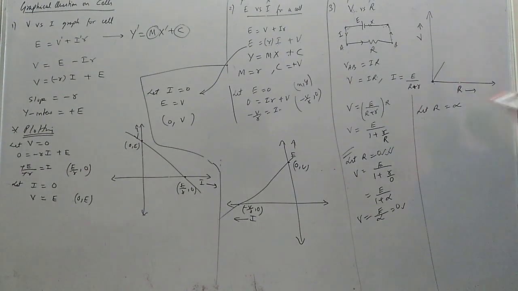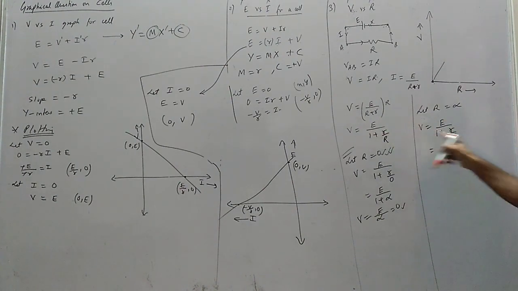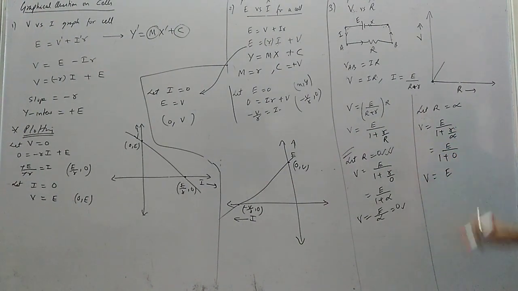So last में क्या, infinity है, so let's substitute infinity. So what is v? e by 1 plus r by infinity. Okay, e by 1 plus r by infinity equals to 1 plus, what is r by infinity? Something by infinity is 0, that is e. So what I got, v equals to e आ जा रहा है।